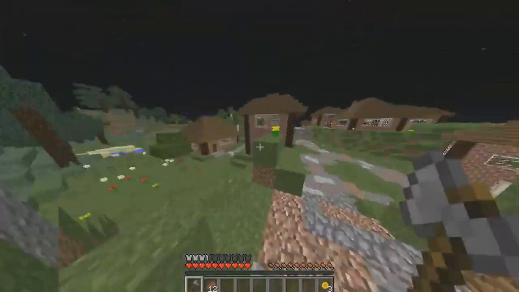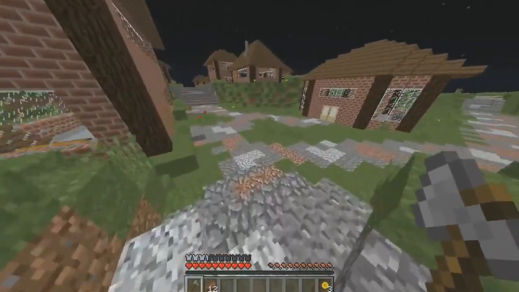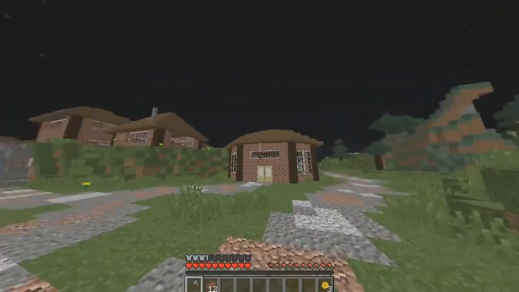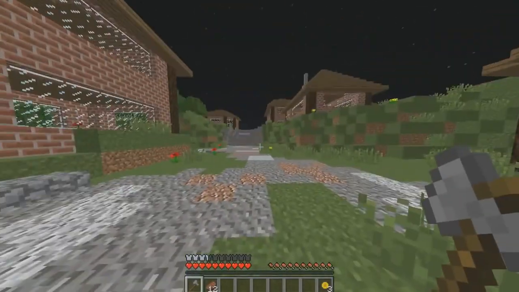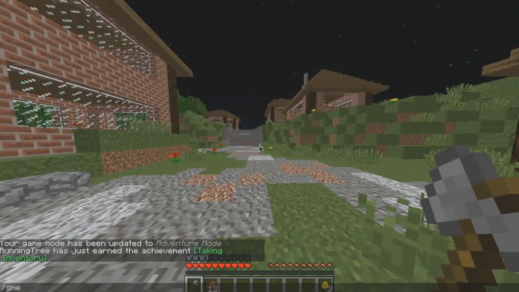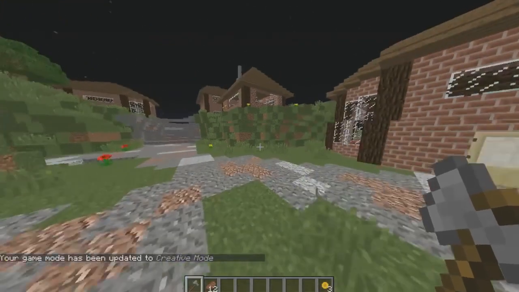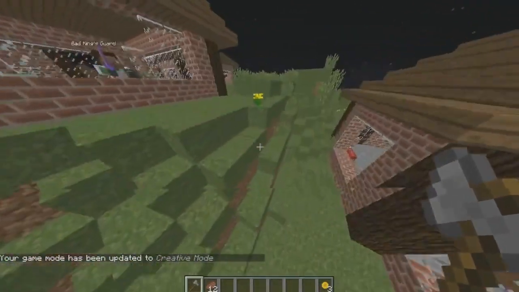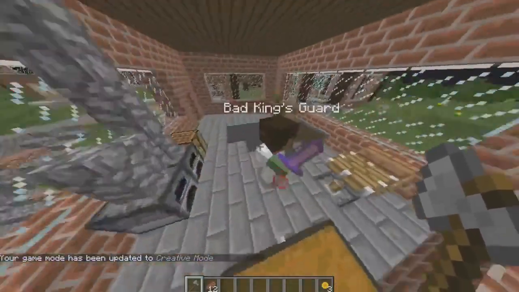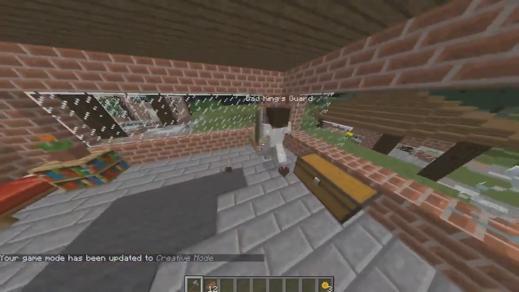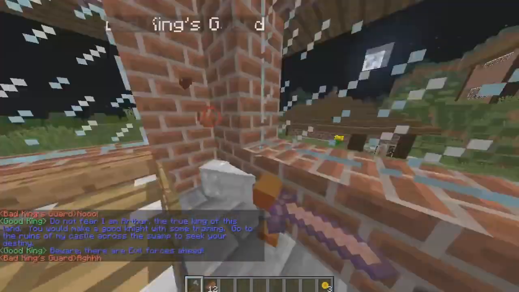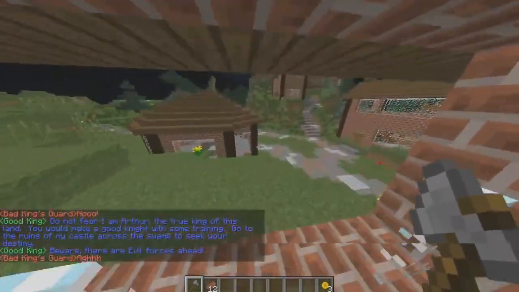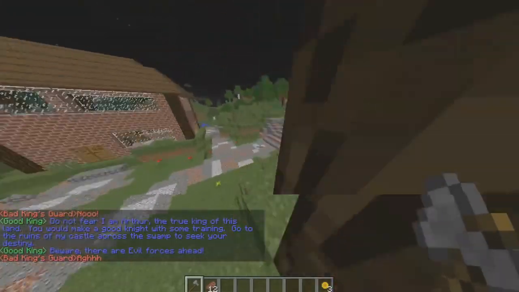Every block here was all placed by Max. We also use structure blocks to do these houses and things. Can you change yourself to creative mode so we can go real fast? You would normally play this map on adventure mode. We're changing to creative mode just to go as fast as possible. So try and imagine what it would be like to actually have to fight these guys. They're not easy. Max, like me, likes challenge.